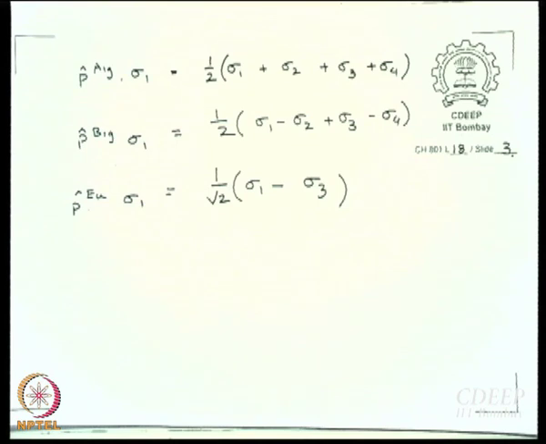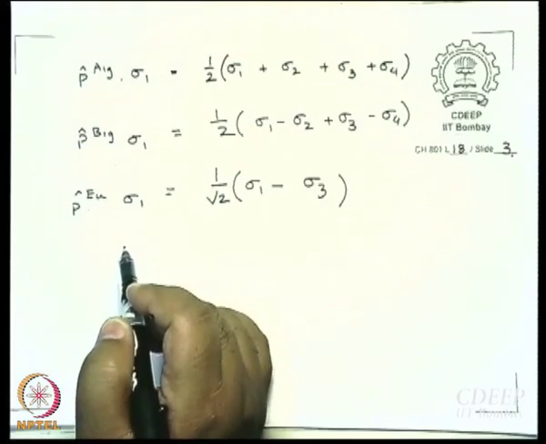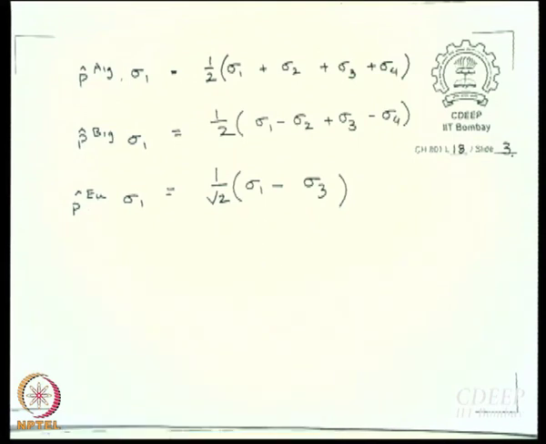So what you did, I think, correct me if I am wrong, is that you just worked out what is going to be orthogonal to this, isn't it? But see, there are several functions that can be orthogonal to this. You are looking for the specific function that will also belong to EU symmetry along with this one. So how do we do that? Now suppose I make the symmetry operations operate on this wave function, sigma 1 minus sigma 3, this SALC. Then what will happen?